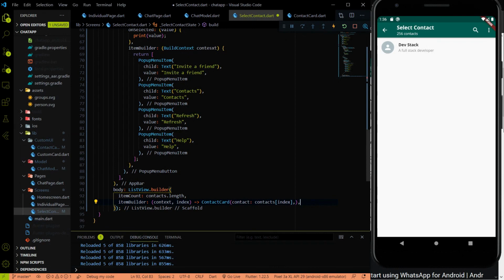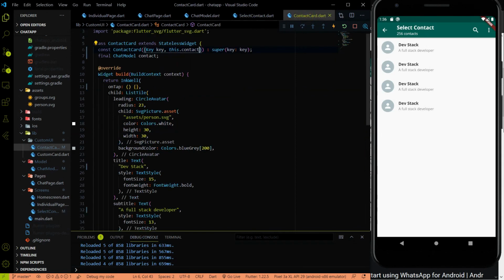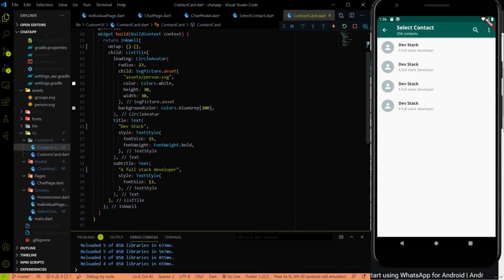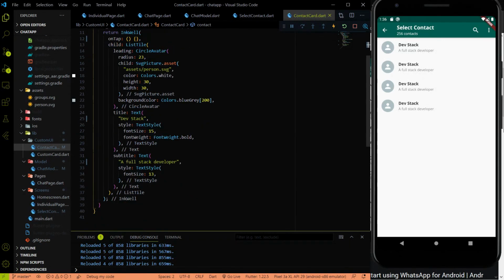Maybe this video is not confusing for you because we did the same thing in the other video when we worked on the chat page. Now you can see that we are able to view all the data, but the name DevStack and the status are the same because we have to update this data with the help of this contact which we are getting